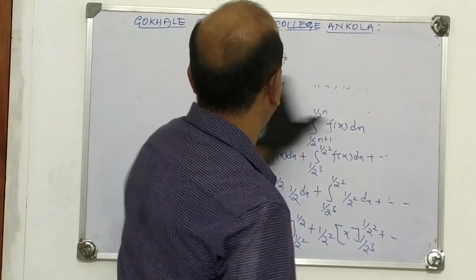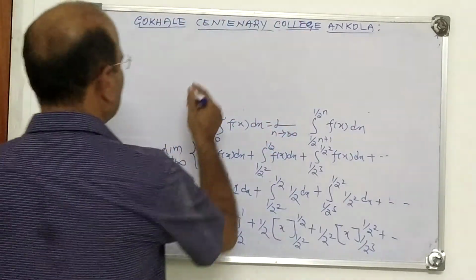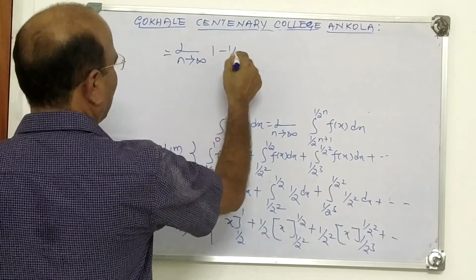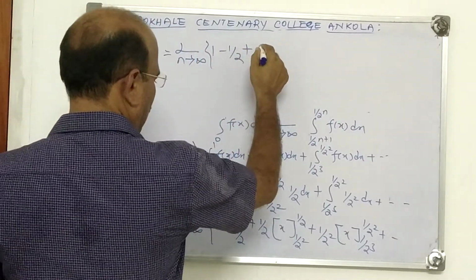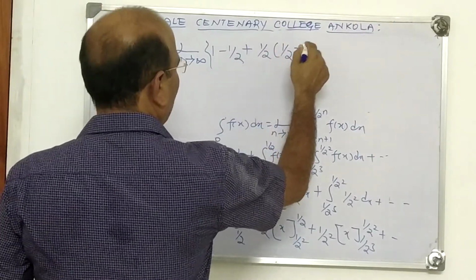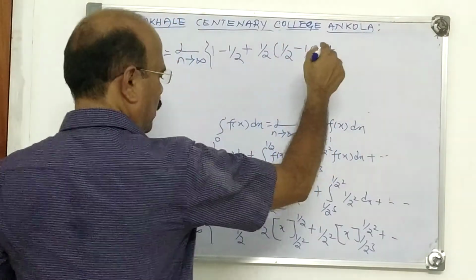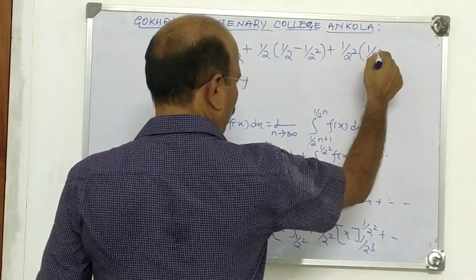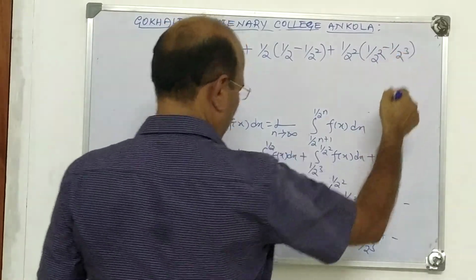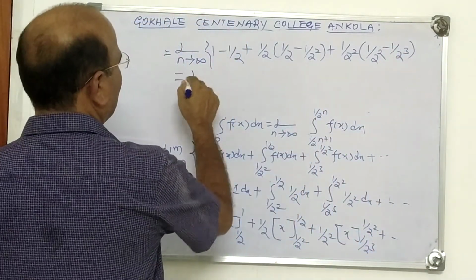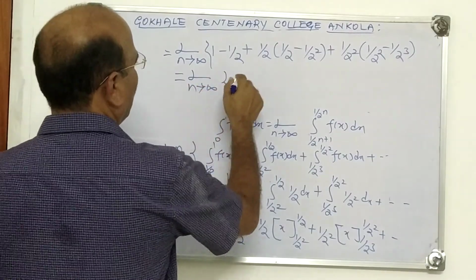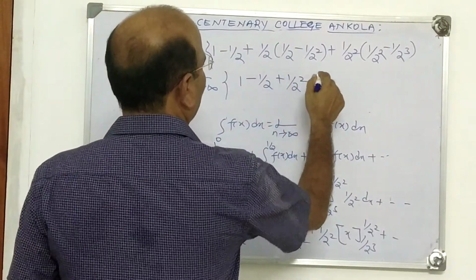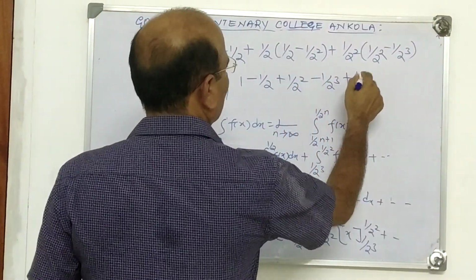Now this is the limit as n tends to infinity of 1 minus 1/2, plus 1/2 into (1/2 minus 1/2^2), plus 1/2^2 into (1/2^2 minus 1/2^3), and so on. So it is the limit as n tends to infinity of 1 minus 1/2, plus 1/2 (1/2^2 minus 1/2^3), plus 1/2^4